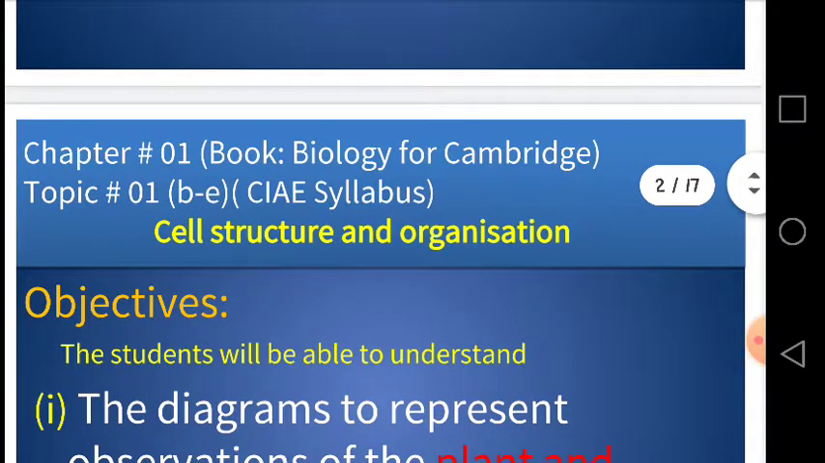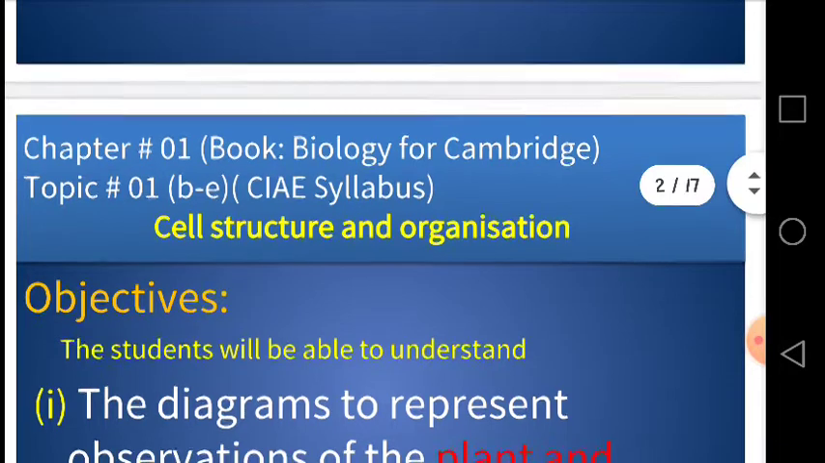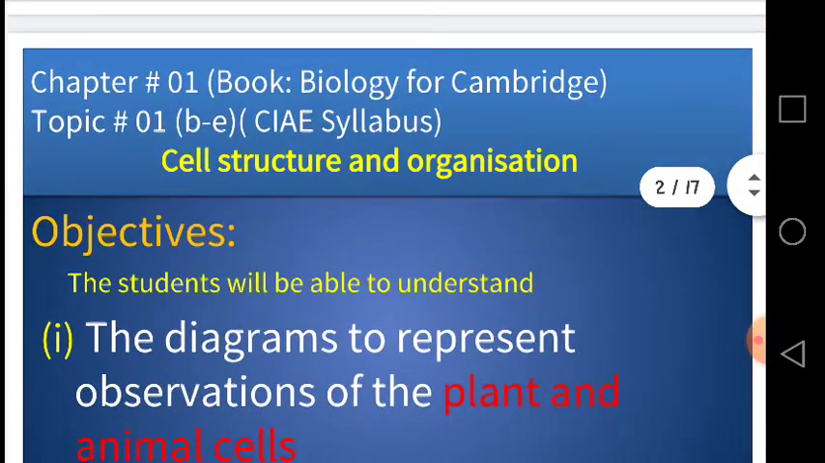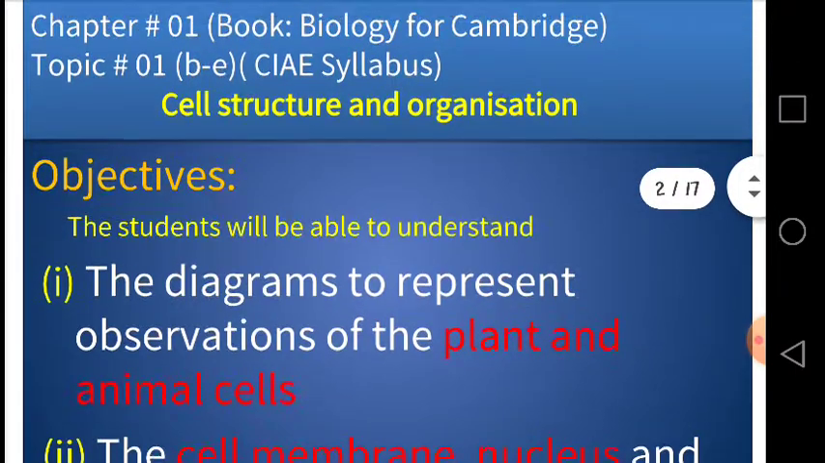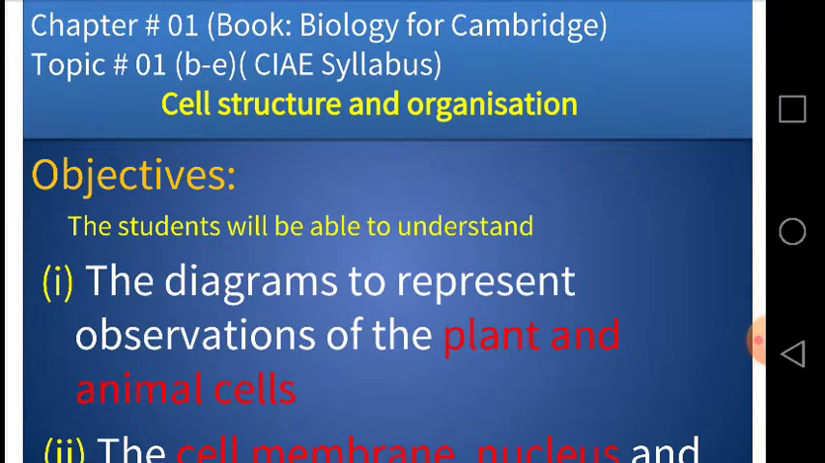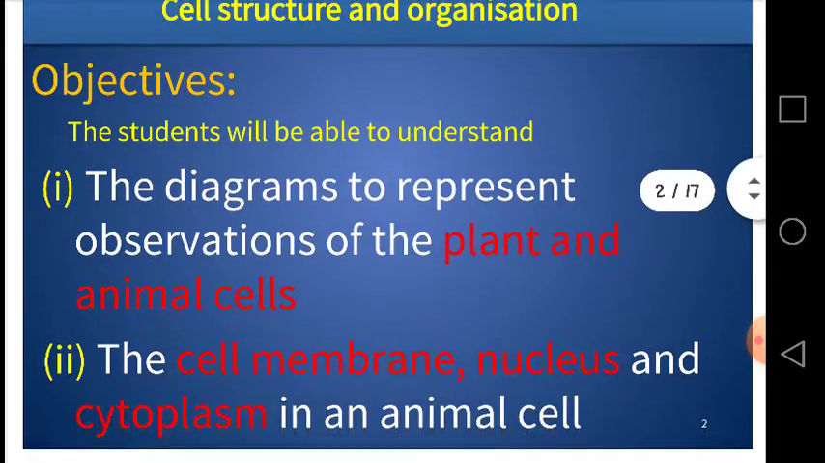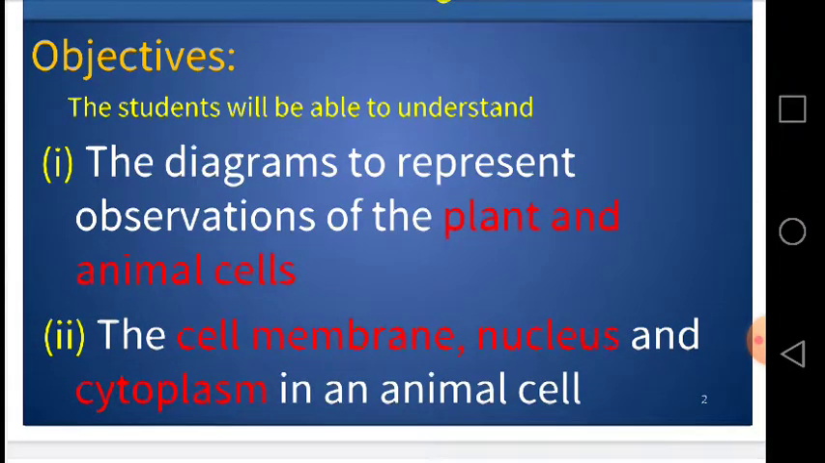Dear students, our today's topic is cell structure and organization, and this is from your book Biology for Cambridge, chapter number 1. And the topic is 1 according to the CI syllabus, and I have selected the points B to E for you. So our objectives for today's learning will be to understand the plant and animal cells with reference to the diagrams, and we will try to understand the structure and function of the cell membrane, nucleus and the cytoplasm